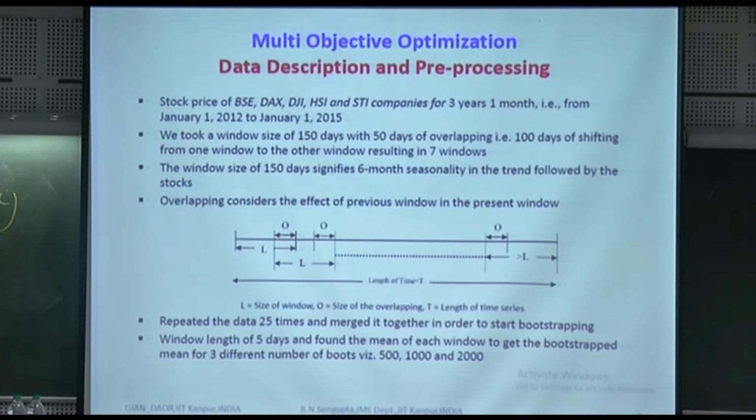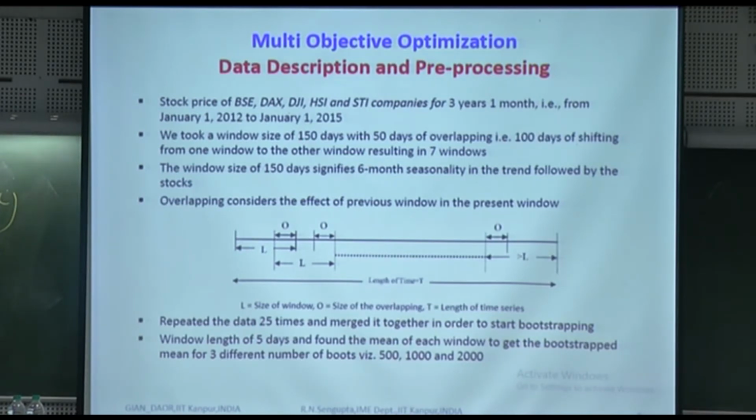What we do is break down the whole time frame into windows. We want to do the simulation and some bootstrapping to find out the mean value, because we do not have any information about the nominal values or the distribution. So we want to find out something to do with the distribution. If you look at the diagram, that's the total number of days of prices which you have. You break it down into windows of length capital L, and each has an overlap given by O.